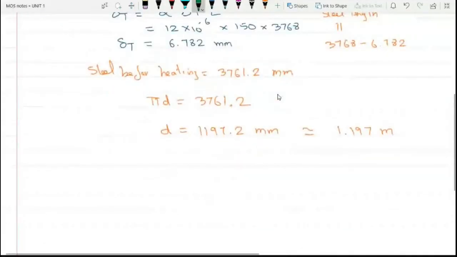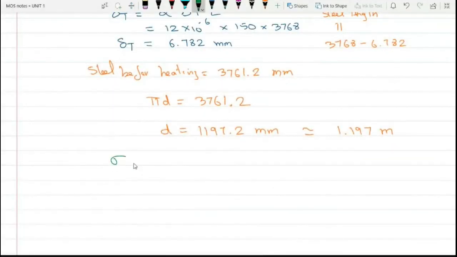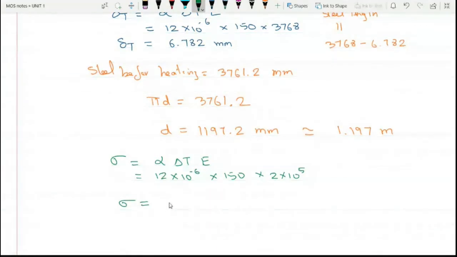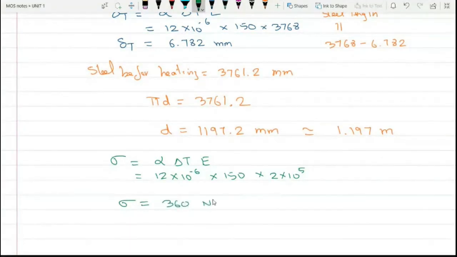Stress is easy, so there is no difference. The stress value is alpha into del T into E. There is no relation between length in your stress value. Only your Young's modulus comes to the picture. You don't have anything related to length. So no need to worry. Just directly you can substitute this: 12 into 10 power minus 6 into 150 into 2 into 10 power 5. Right? So that gives you what is the stress developed in the steel after it cools down. So you are getting 360 Newton per mm square. Right? So this is the